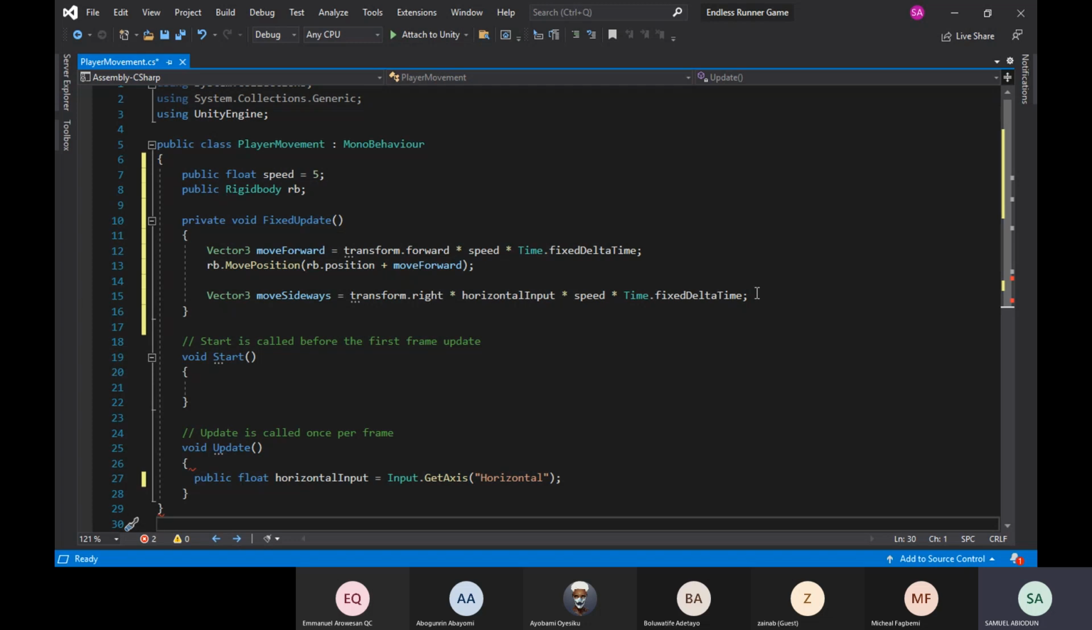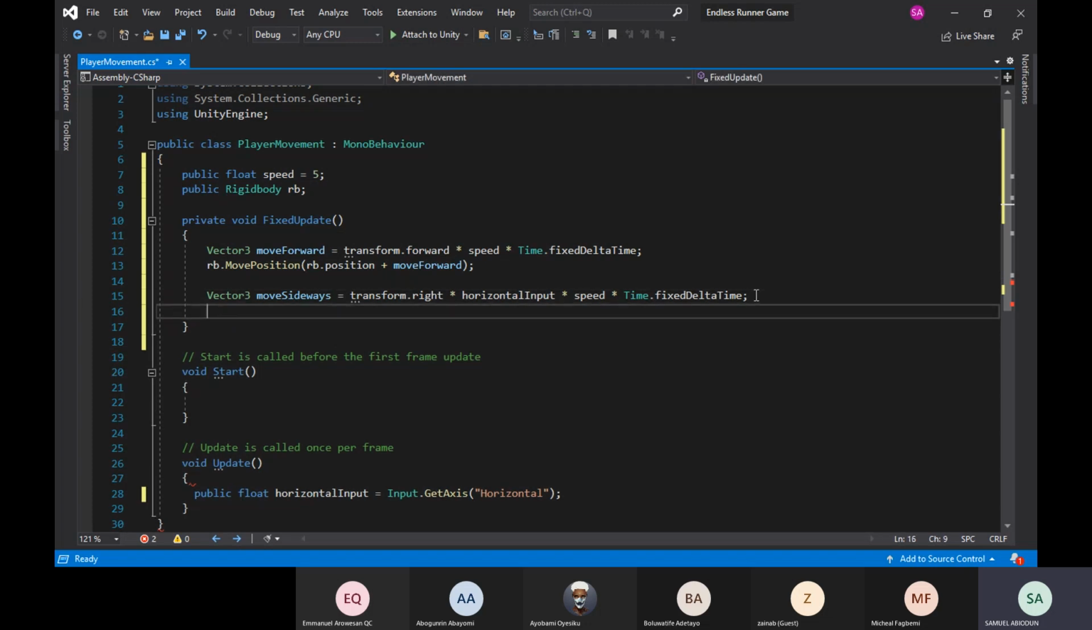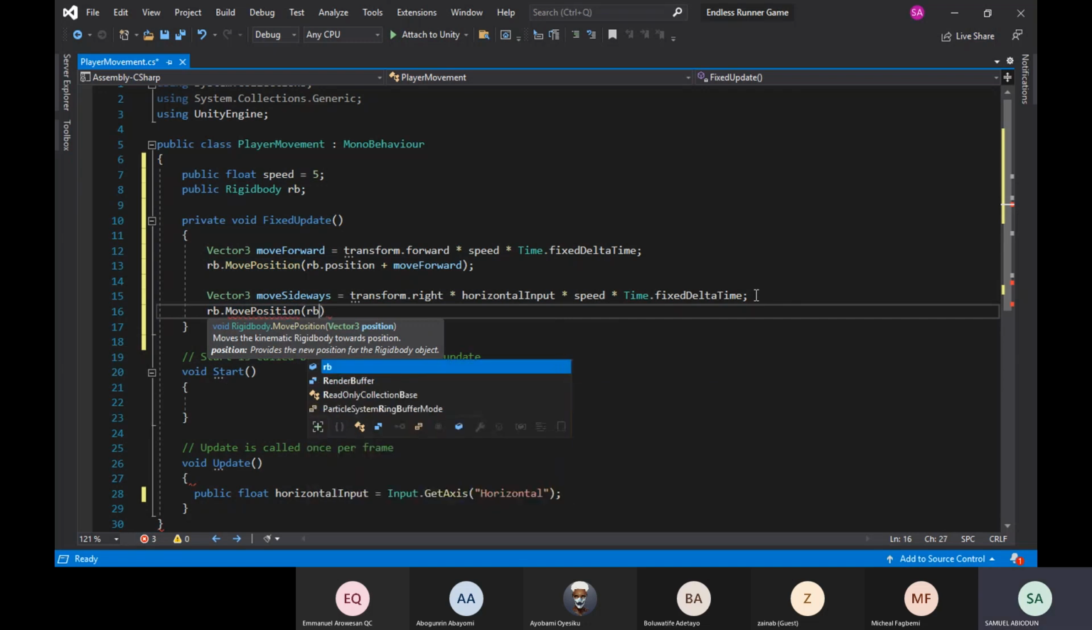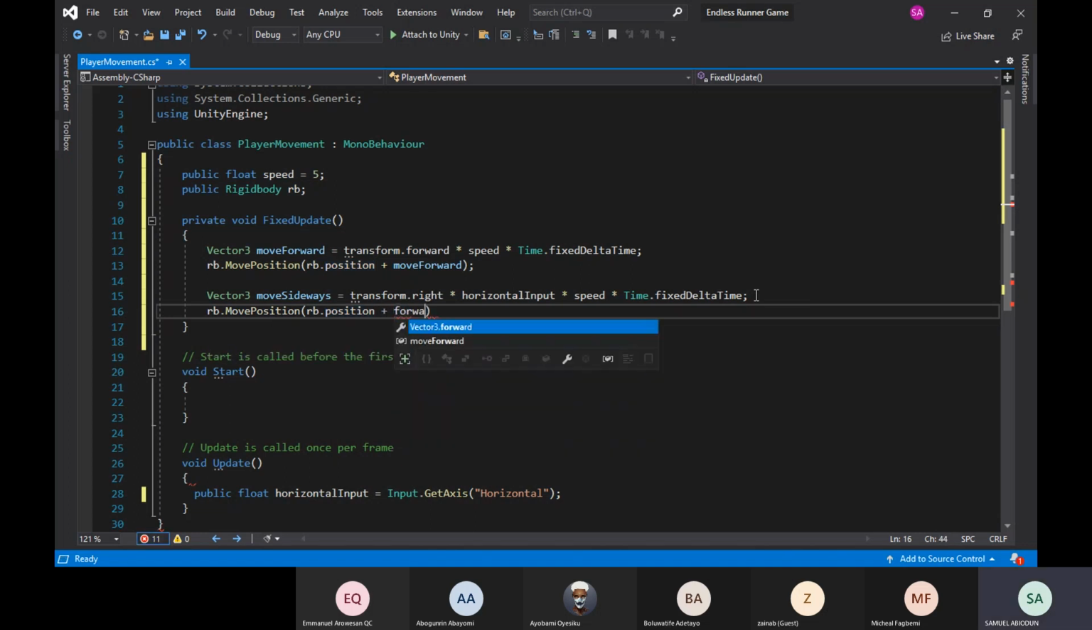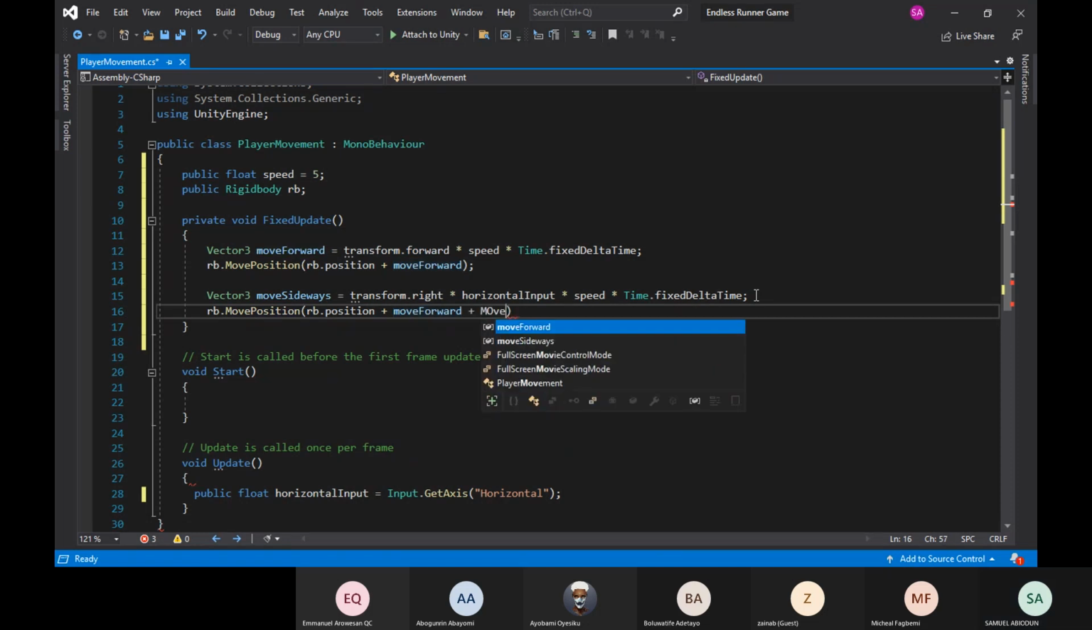Okay, so finally, what we have to do is move position here. So say rigid body dot move position, rb dot position plus move forward, then plus your move sideways. Let me close it. So over here I've made a mistake where I